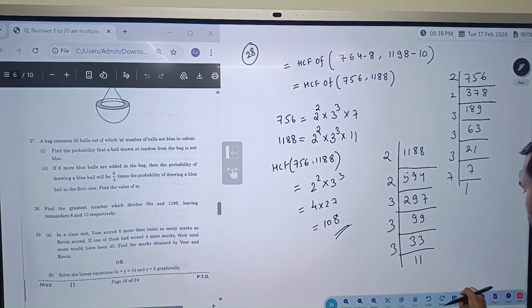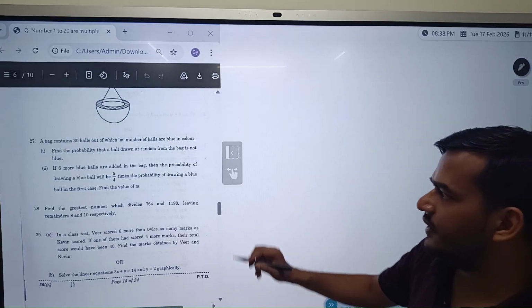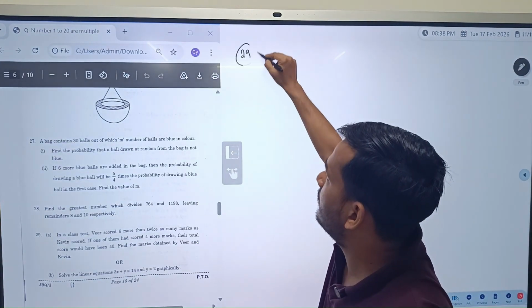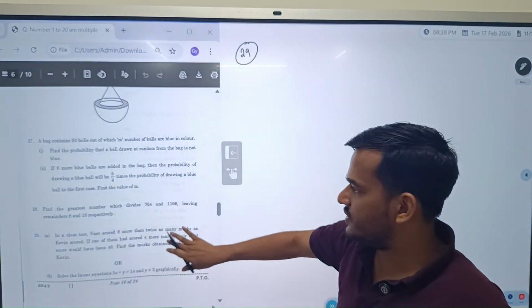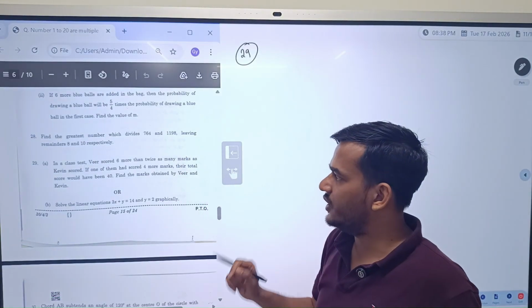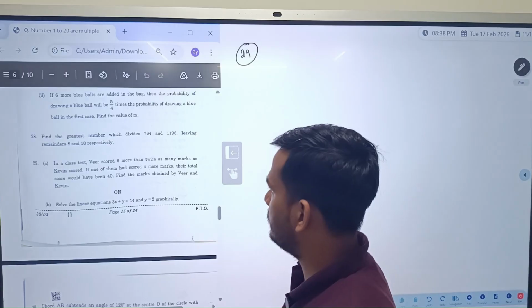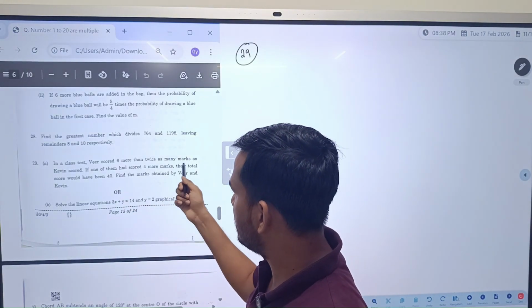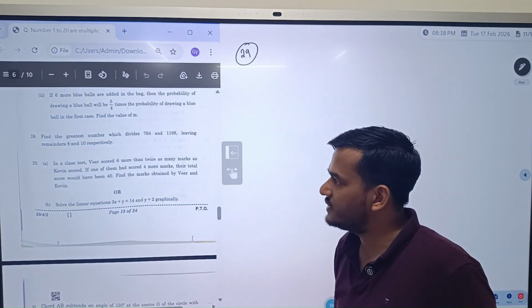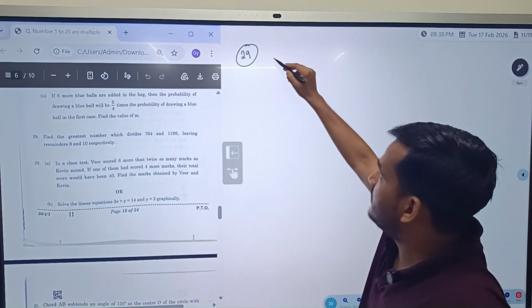Next, moving to question number 29. This question is related to linear equations. Veer scored 6 more than twice as many marks as Kevin scored. So let the marks